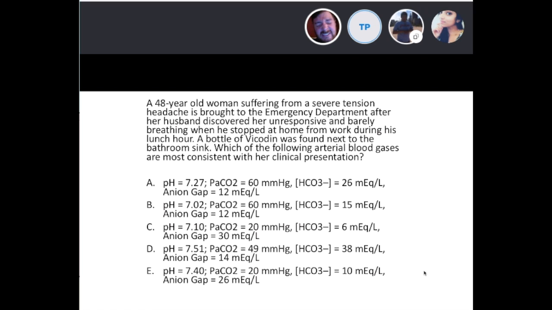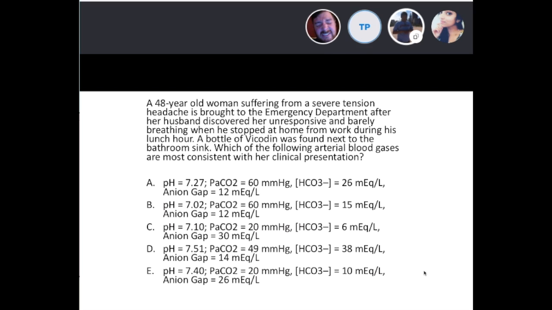So she's going to be acidotic from decreased respiration. So A, B, or C. PaCO2 is going to be elevated, so A or B. And then bicarb, B. Decreased. Low. So B, because it would be a respiratory acidosis, not metabolic. Oh, no, wait. It would be metabolic acidosis. Yeah.